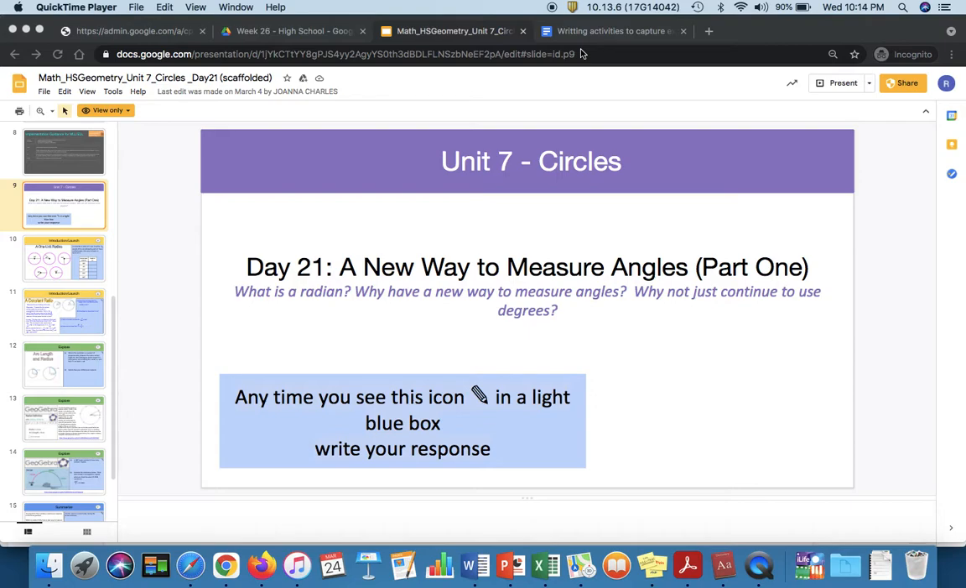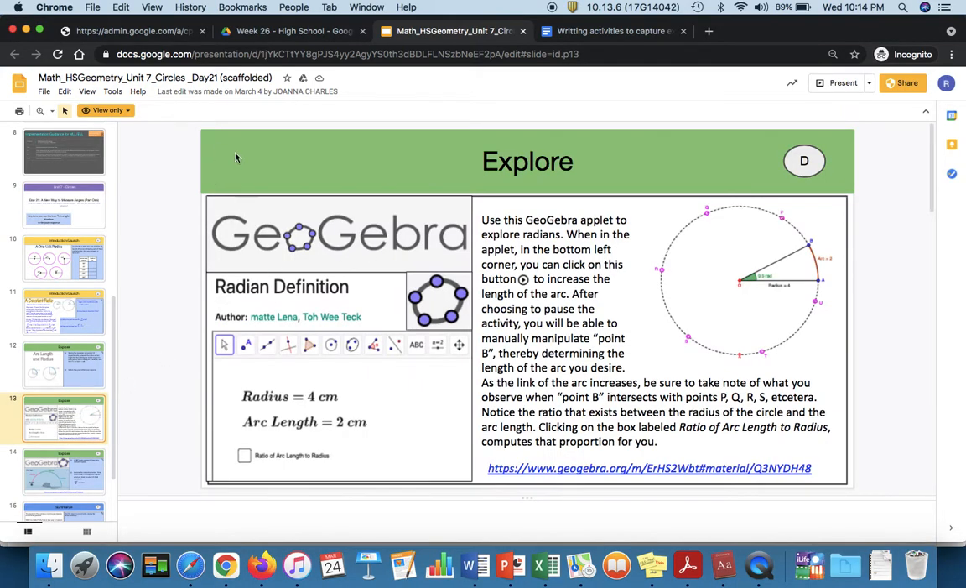Day 21, a new way to measure angles, Part 1. What is a radian? Why have a new way to measure angles? And why not just continue to use degrees? So today, what I'd like to share would be on slide 13 with respect to the exploration portion of this